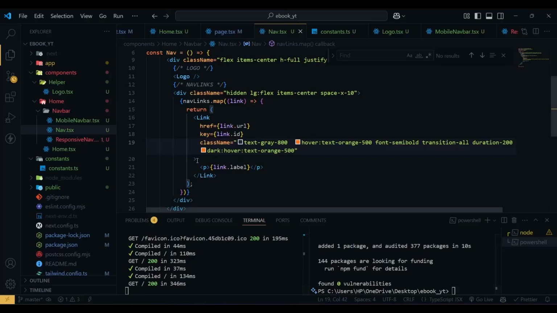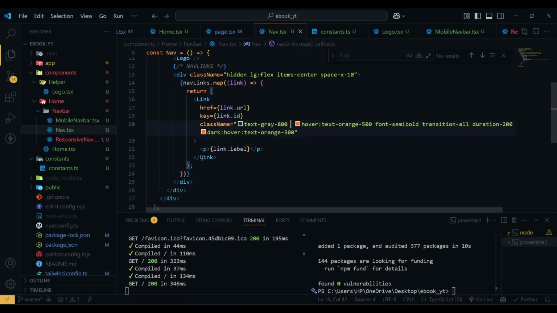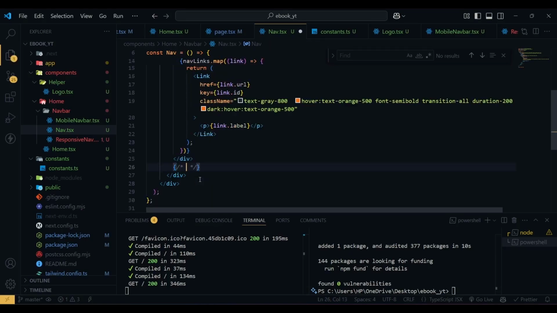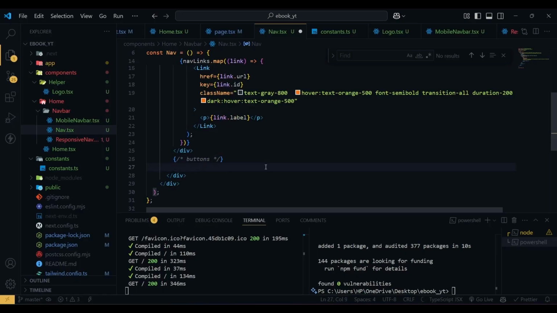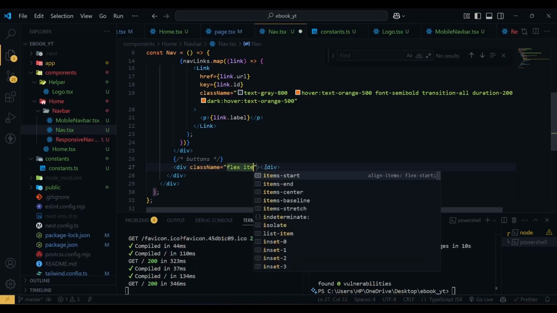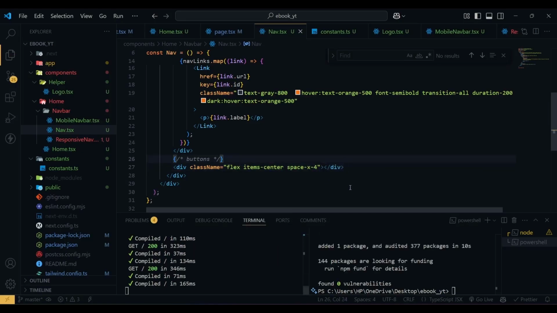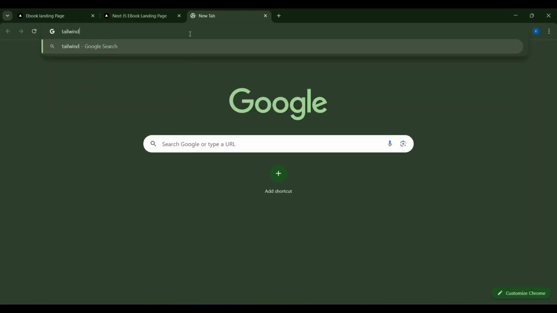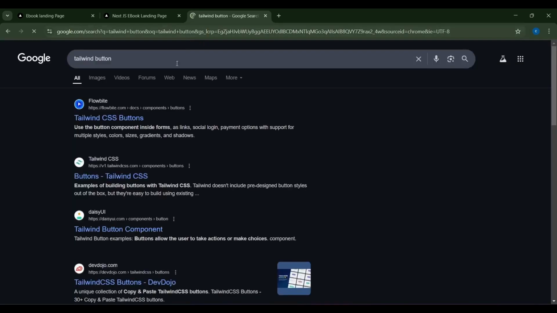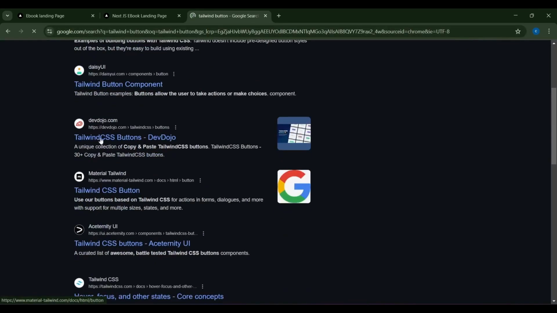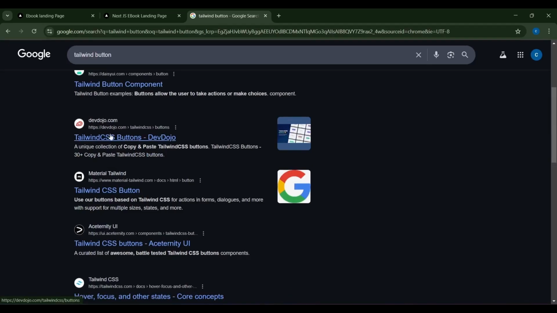Awesome. So next what we have is, after this div, we have some buttons. So here we have a div with class name of flex, items will be center, and then space-x will be 4. So for the button, what we're going to do is, I'm going to search for Tailwind's button, and here we are going to use this Dave Dojo's website. So if I click here,